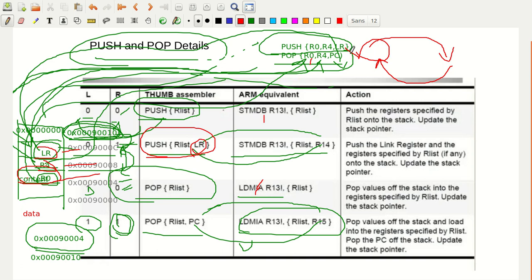Whenever some interruption happens, you want to store the content onto the stack, and also when you return back you should know from which address you were interrupted. You want to know the return address, so that's why you have to store the return address onto the stack. So this is how the push and pop instructions operate in the Thumb state. I hope all of you understood this. Fine, thank you.